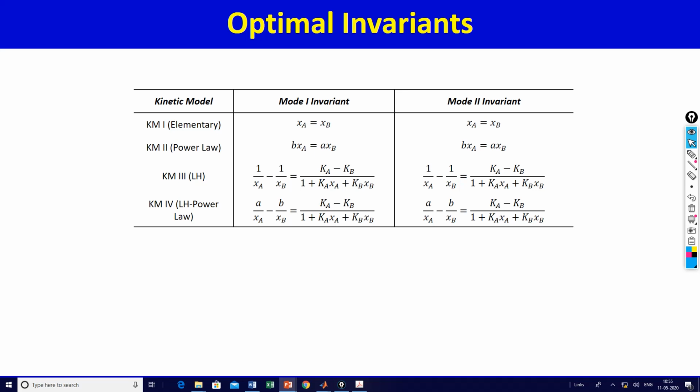And what is that fixed value? That depends on whether it is elementary kinetics or power law kinetics. In the other cases, we get slightly more complicated expressions, but the point remains. Let us say A is much larger than B, and let us say the adsorption equilibrium constants of A and B are similar. If they are similar, then the right hand side would be 0, and then again the optimal operating policy will be to hold A by B in a constant ratio.